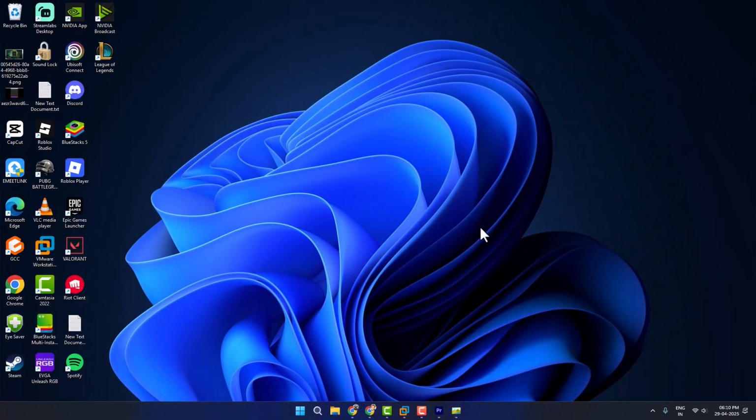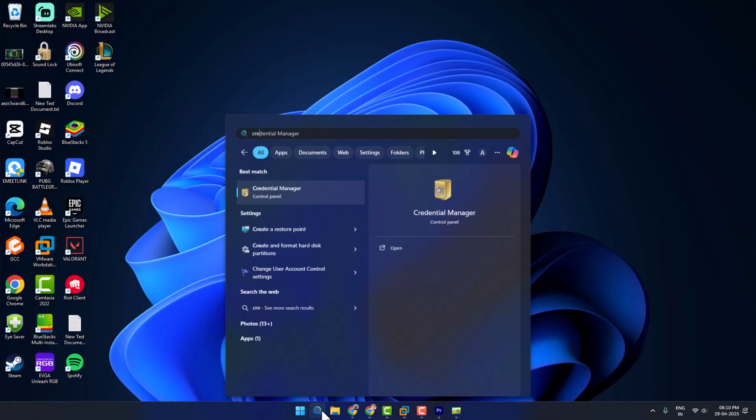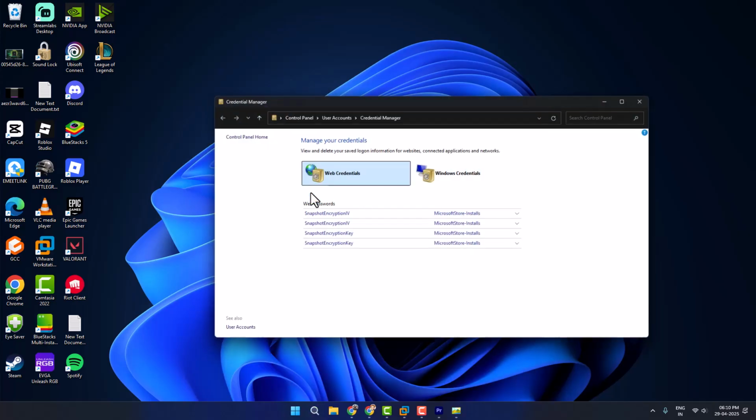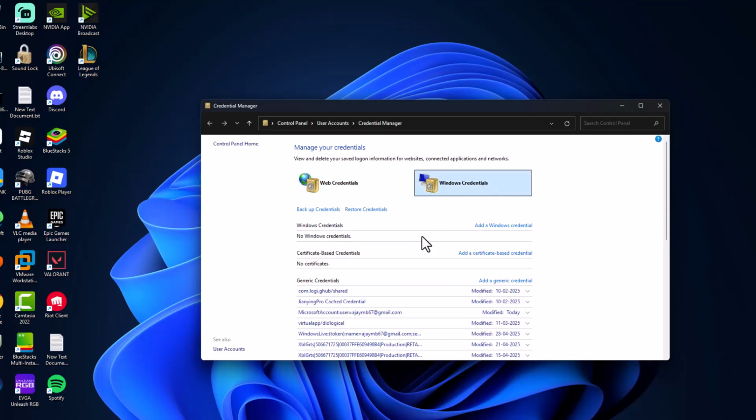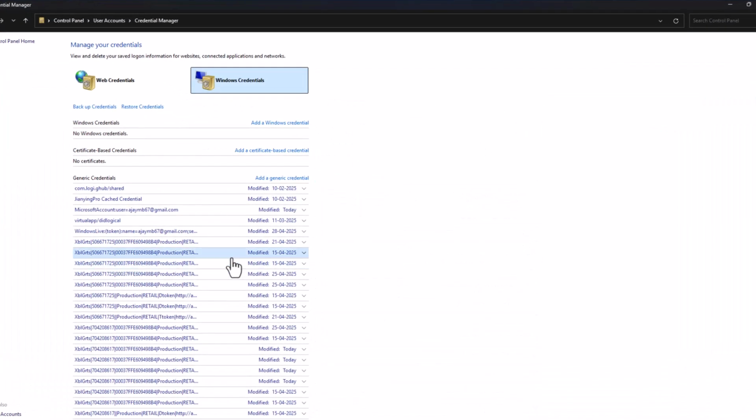Fifth step, you just need to go to search menu and type credential manager. Click on open it. Select the Windows credentials. In here, you just need to delete all